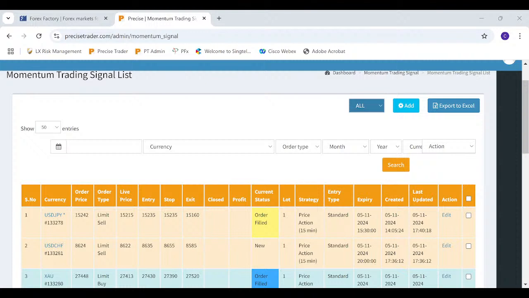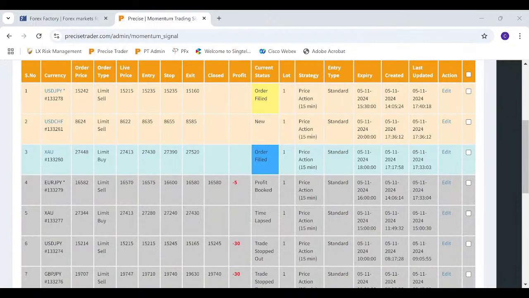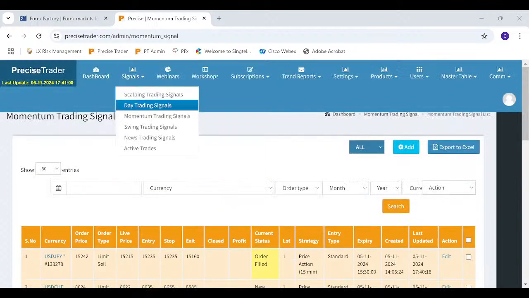So this is up to you to decide. It's all about whether you want to exit with the profit now and then do a re-entry, or you want to wait. These are all individual decisions. So this is up to you to decide what you want to do. Okay, so let me share again the